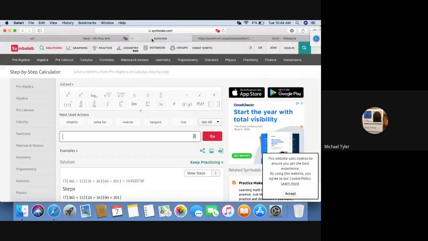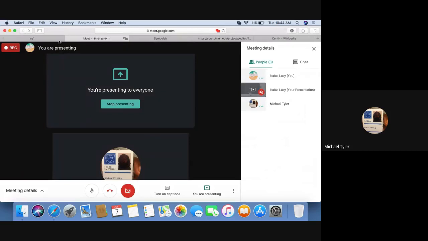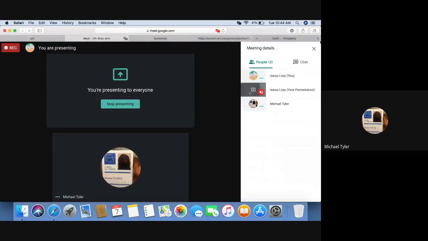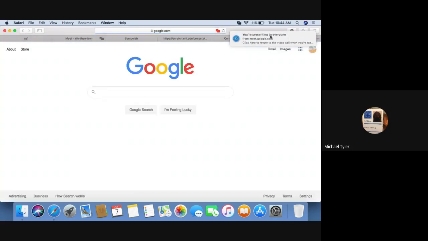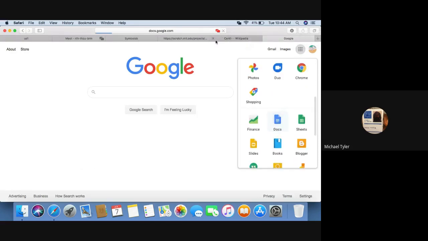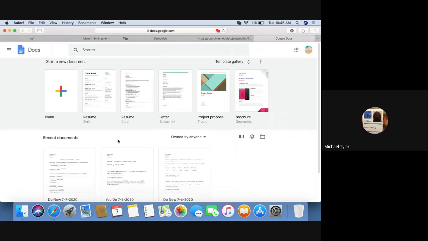Okay, where are you going? I was looking for your document. Where did your document go? I have no idea. Well, you've got a Google Drive, so you could just find it in your drive if you close it accidentally, because I don't see it anywhere. You know how to get to your Google Drive? Okay, now we got to find out which one it is.